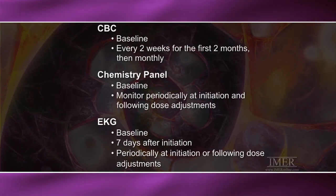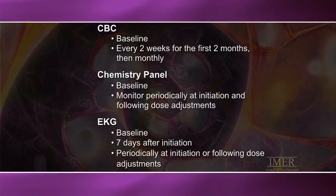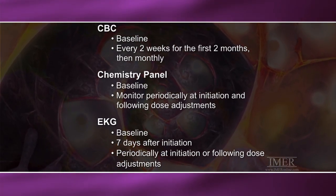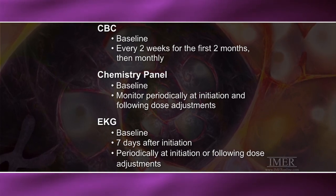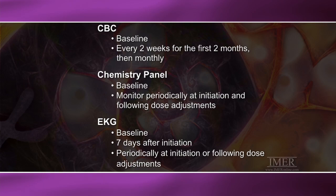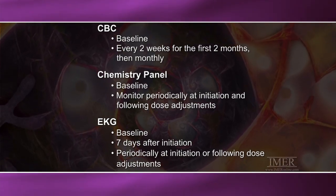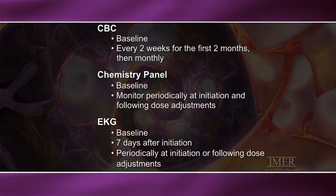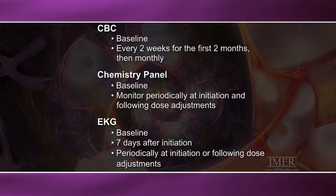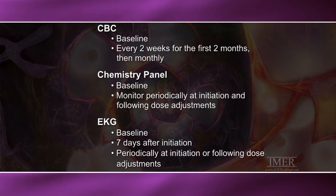Prior to Mr. Gomez initiating therapy with a secondary TKI, a baseline CBC, chemistry panel, and electrocardiogram are obtained. Monitoring of electrolytes is critical for patients receiving nilotinib due to the rare adverse event of QT prolongation. Hypokalemia and hypomagnesemia should be corrected to decrease the risk of QT prolongation prior to starting therapy and throughout the